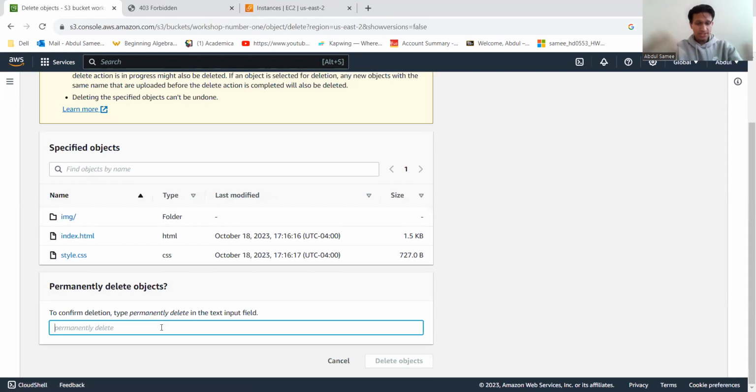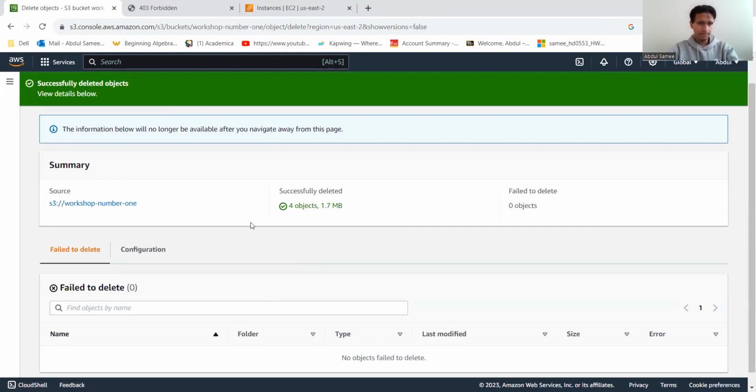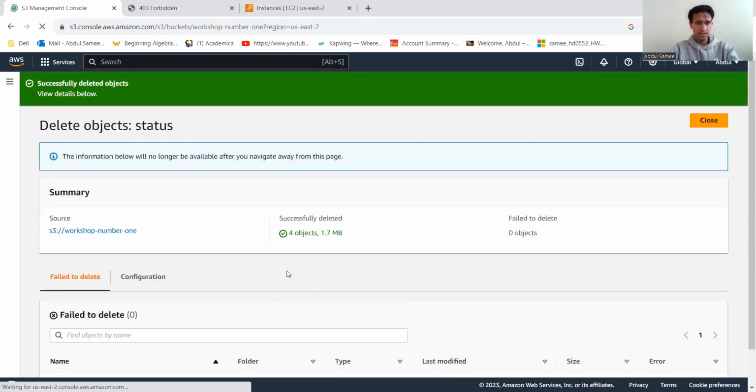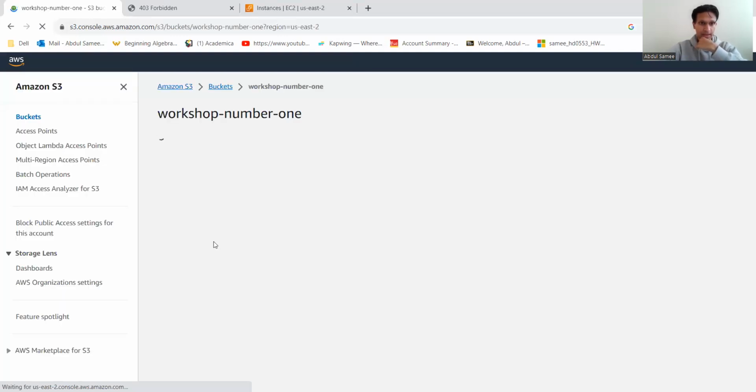And in most cases, whenever you're altering something like deleting, you will have to type into here. They'll give you, like in this case, it says permanently delete. Hopefully I spelled it right. Sometimes it's just delete, sometimes it's the name of your bucket. So yeah, after having the items deleted, we're able to go back to our main bucket